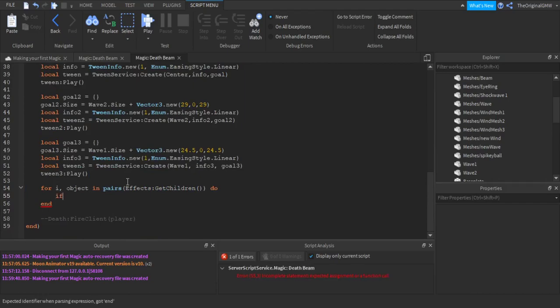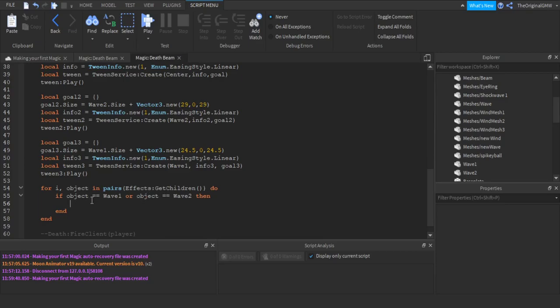So what we're gonna do is if object is equal to wave 1 or object is equal to wave 2, then wave 1 and wave 2 will share the same tween. So local goal 4 is equal to that. Then we're gonna do transparency. So goal 4 dot